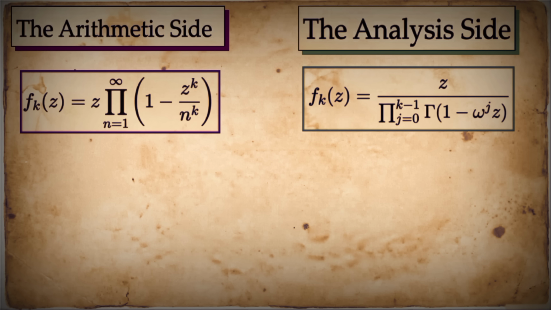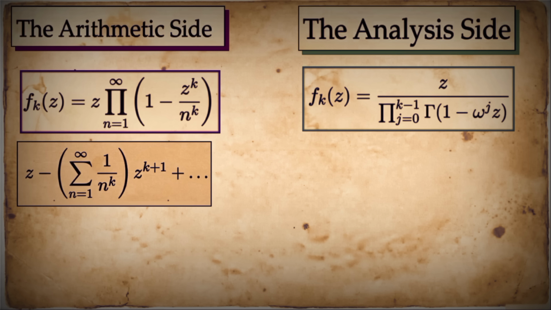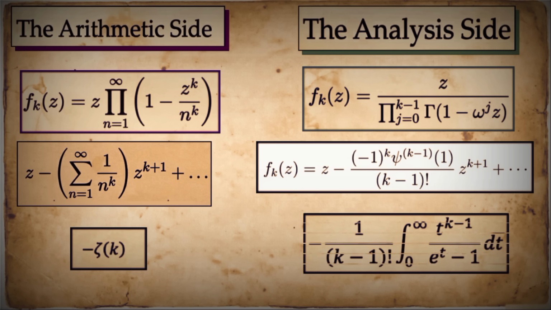The product expansion gives negative zeta of k. The gamma and Euler integral computation gives negative 1 over (k minus 1) factorial times the integral. Since they are coefficients of the same term in the same function, they must be equal. Canceling the negative sign on both sides and rearranging gives